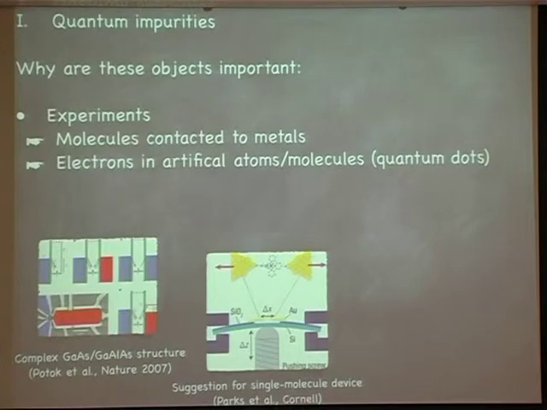Now, you can play around with these things nowadays. You can handle them very nicely, nanotechnology. What's shown here in gray are, as Antoine talked about, electrodes put on top of this device. And by properly tuning the voltages at the electrodes, you can actually single out the small dot here, which is the quantum dot. And this is something people have been suggesting, by adding one larger dot here to produce a more complex impurity model.